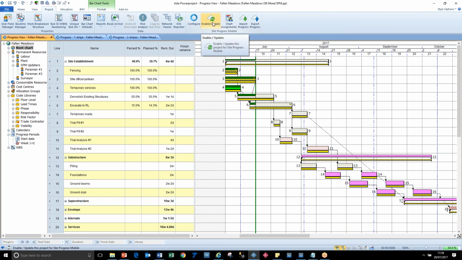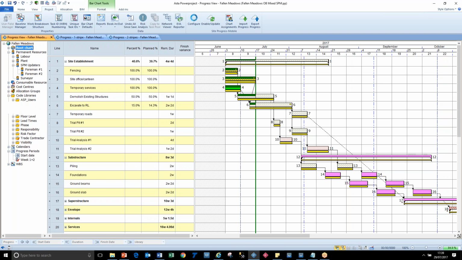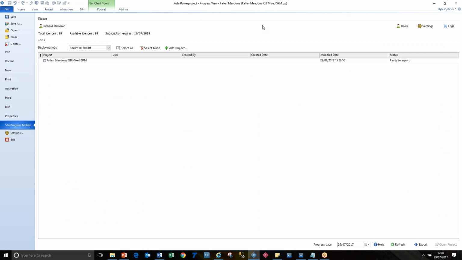And so for the first time that you open this project, you need to click on the enable update button, and that's going to create some library items and extra user fields. So you can see how that works in a minute. And so what that's done, it's created a list here of, as an activity code library of the two users, and they are created in the